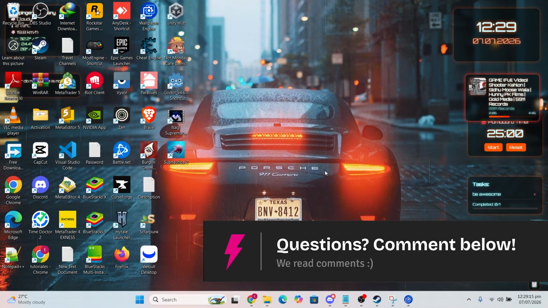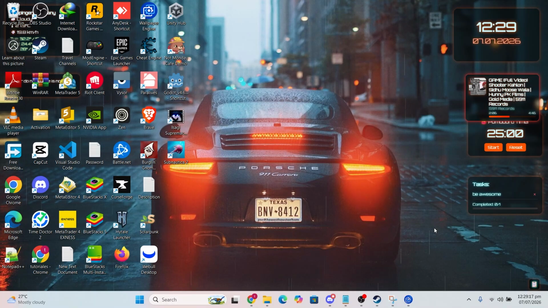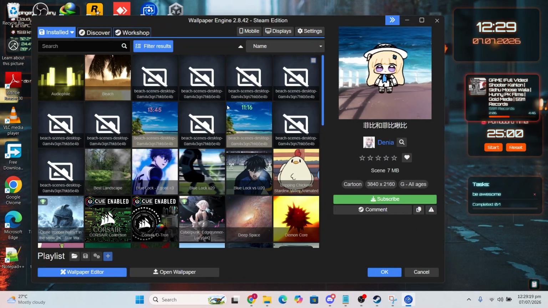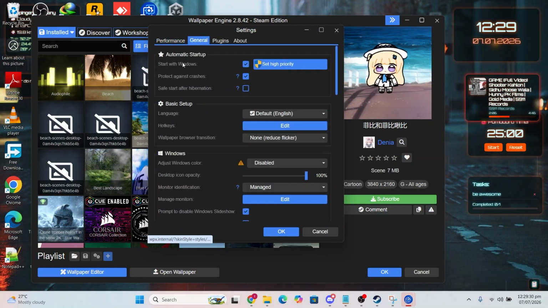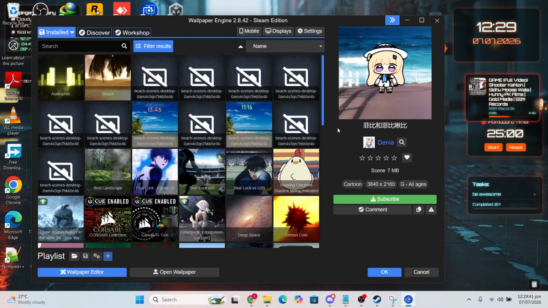If it doesn't work and it's snapping back to the previous wallpaper, that is usually because it has the setting start with Windows enabled and it tries to snap back to it. So you just come here, click on settings, and then click on general. Now what I want you to do is toggle this one off where it says start with Windows. Once you have this toggled off and you click on OK, you can attempt the same